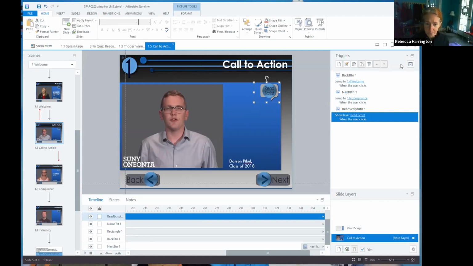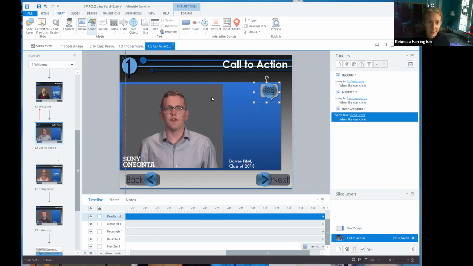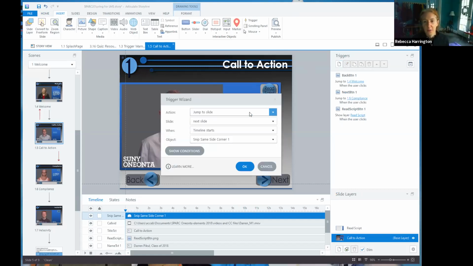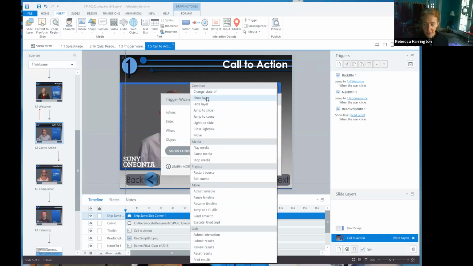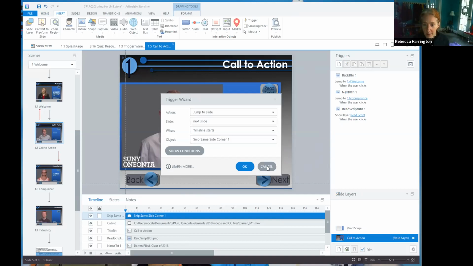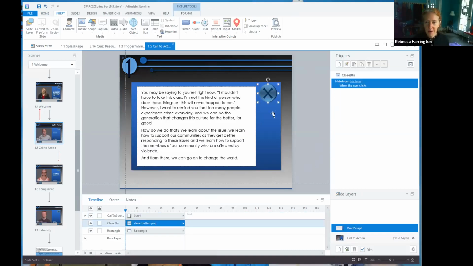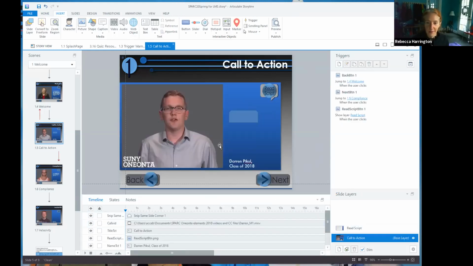So when we add, let's just add a shape quick. We're pretending this is a new button. If I wanted this to go somewhere, we're going to add a trigger to it. And here's where we can make those changes. Do I want to jump to a slide? Do I want to show a layer? Do I want to hide a layer? Ultimately, where I use hide a layer is on this one. So when a student chooses this X button, we're going to hide the layer. It's going to hide this current layer, and it's going to then reveal back to this basic slide, or the base slide in that space.